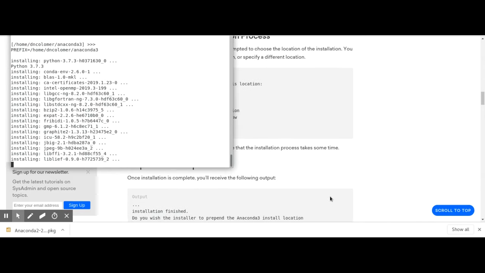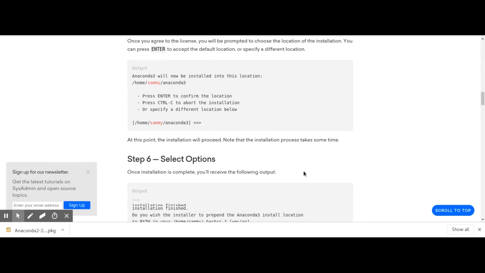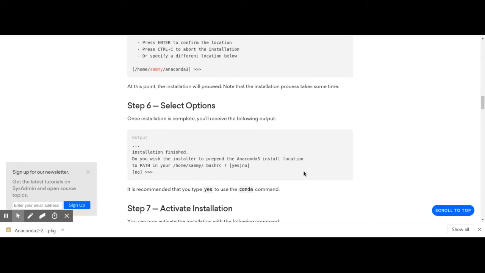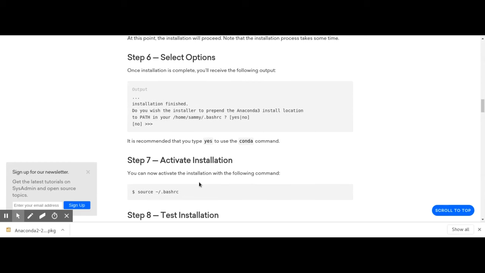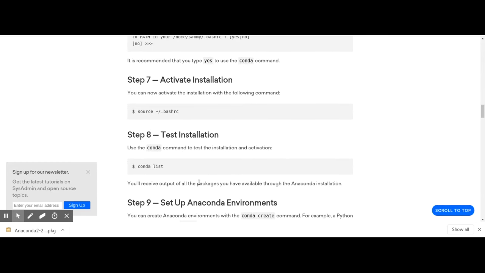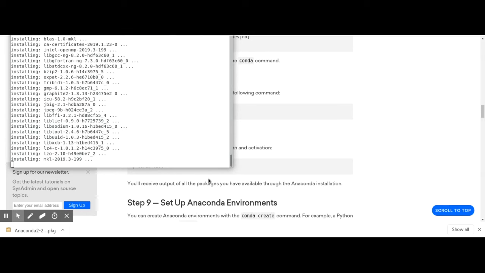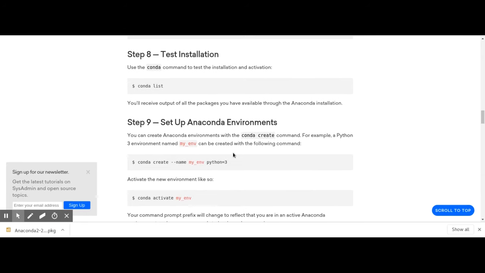And what else here? Installation finished. You should install to prepend the install location. Probably will go for yes. And then activate the installation, this. And then conda list. Okay, good. So while this is going on,